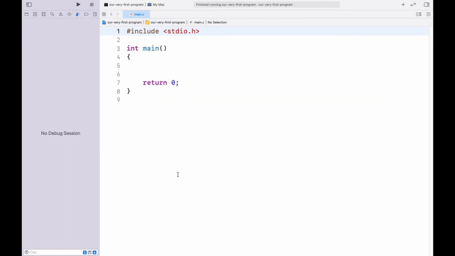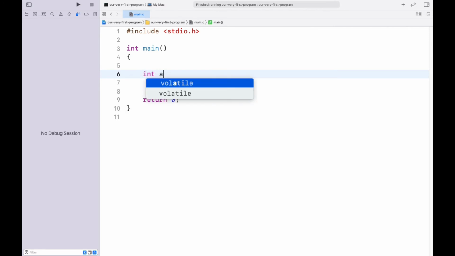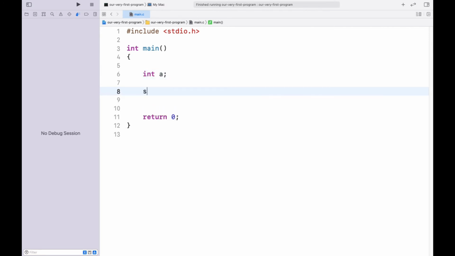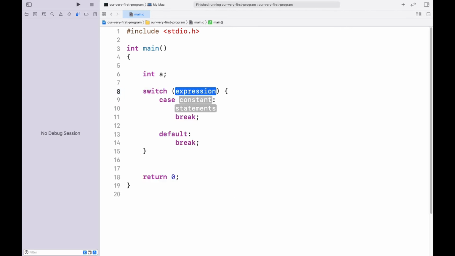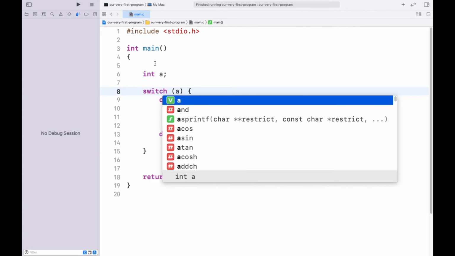So let's write a program for better understanding. Let's have an int a, and let a be the input of the switch itself.